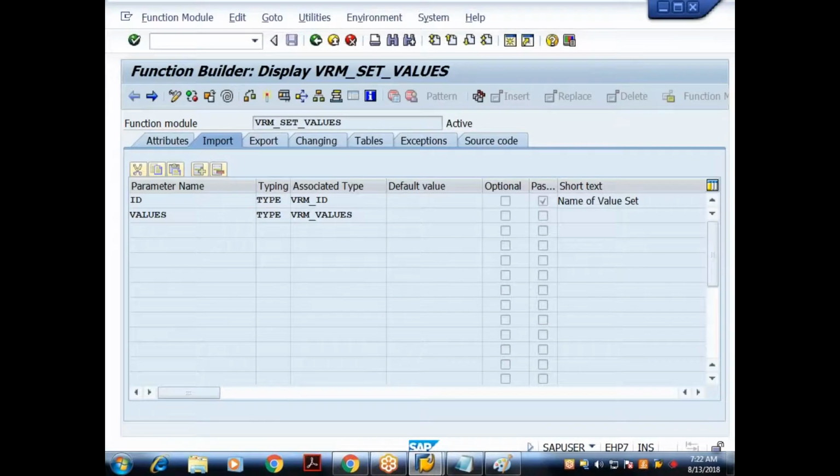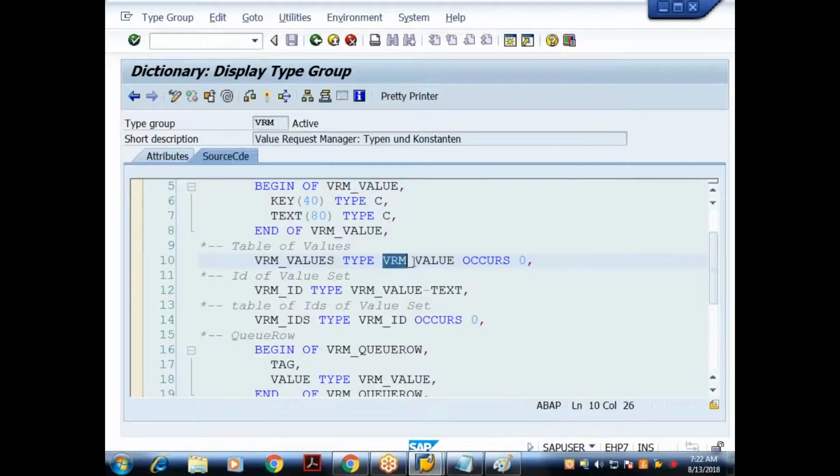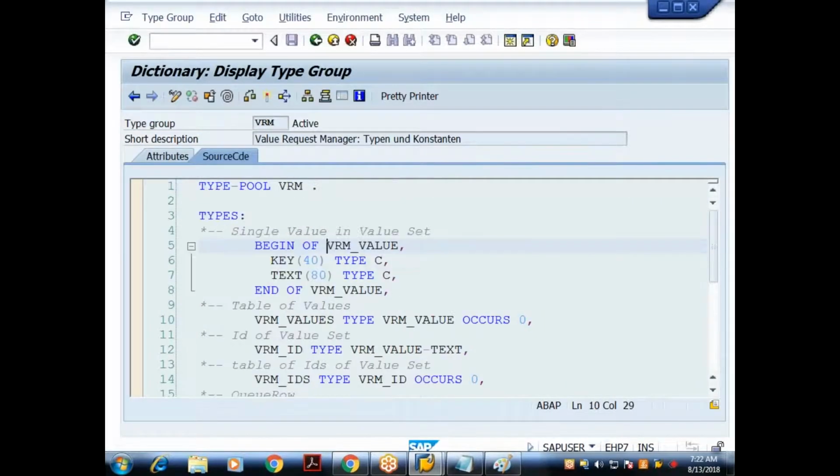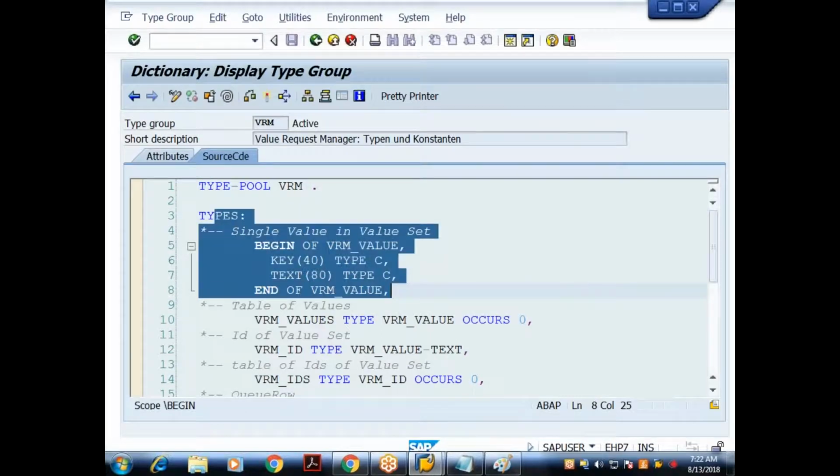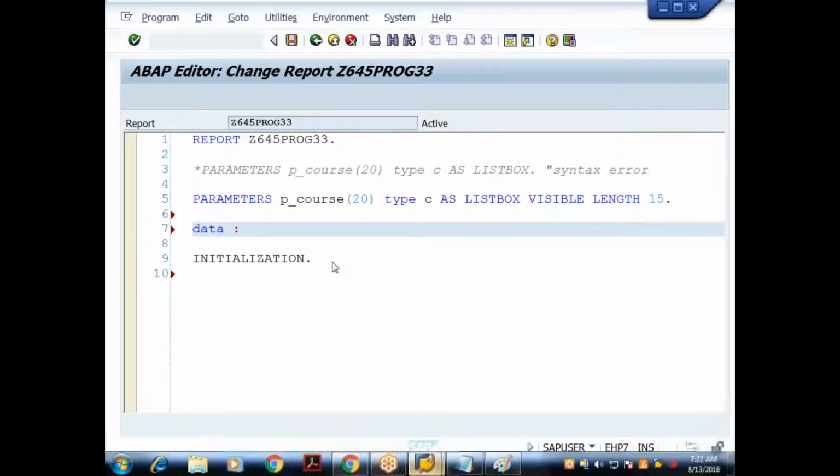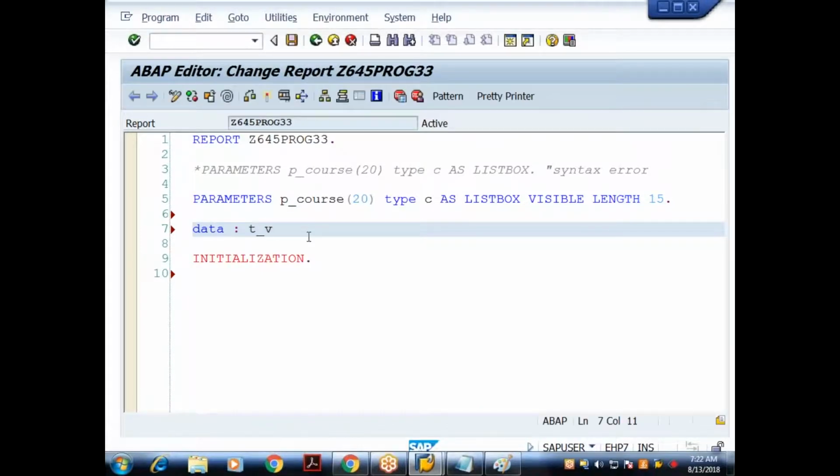If I double click on this, what is the type name? VRM_VALUE. If I double click, what is this? TYPES only. So based on this TYPES declaration, let us prepare the internal table. DATA, some name. Generally, you start the internal table name with T underscore, so T_VALUES TYPE TABLE OF VRM_VALUE. I have not declared this type myself.